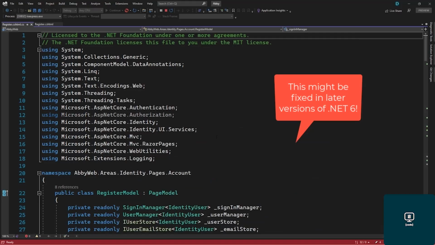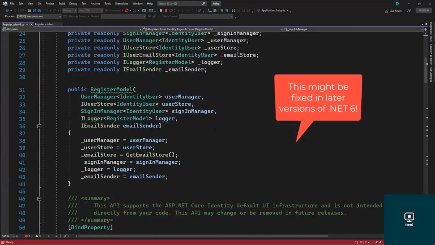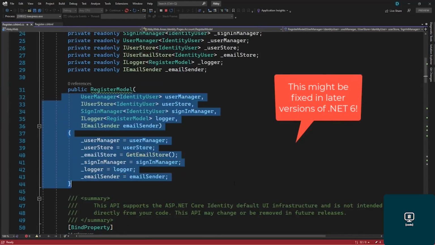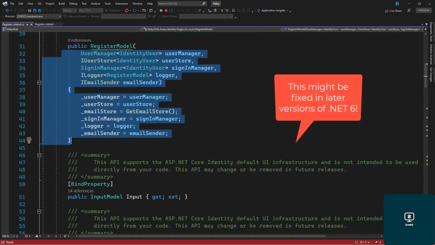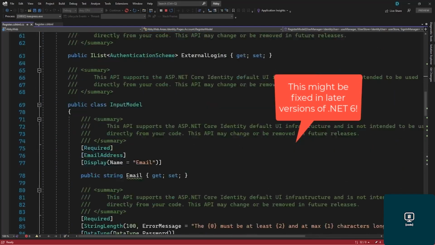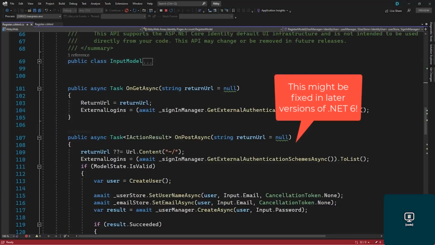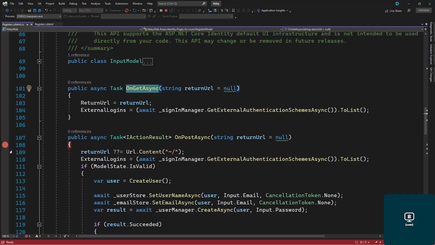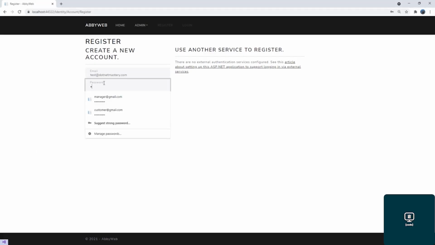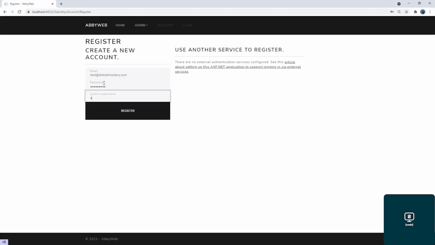This is the default page that is created. If you examine inside the register model, we have so many things. What we want to worry about right now is the post handler. We have the input model, that's fine. We have the get handler and we have the post handler. If I add a debugging point here and try to register once again,